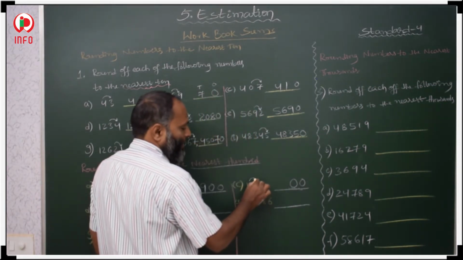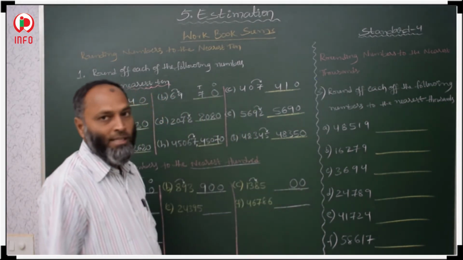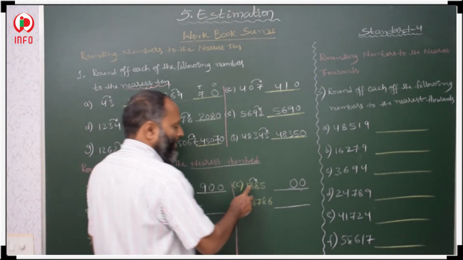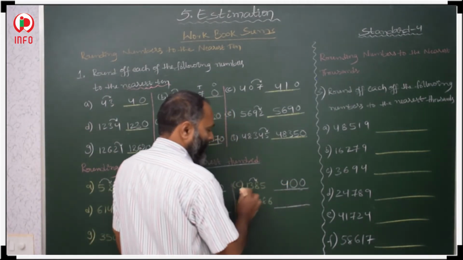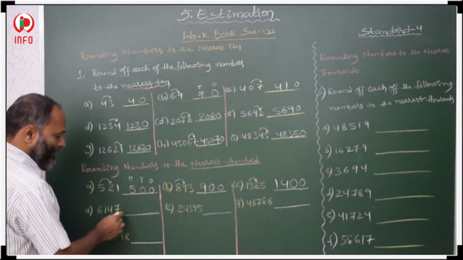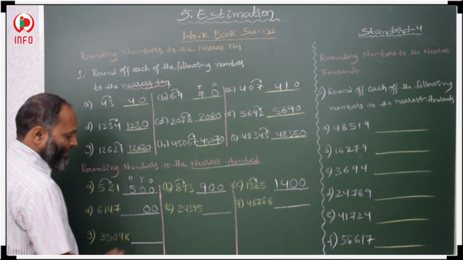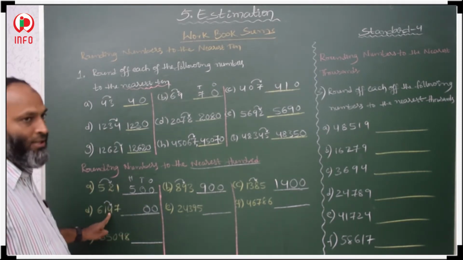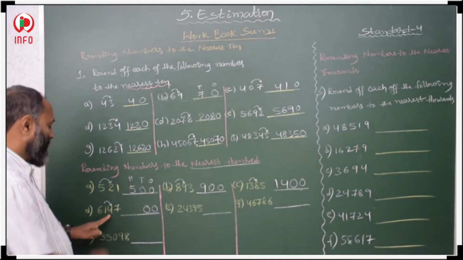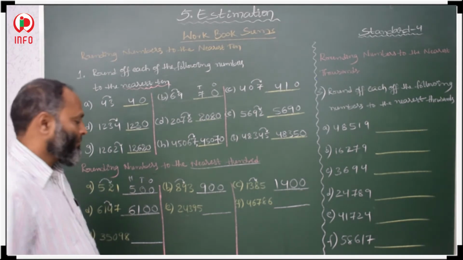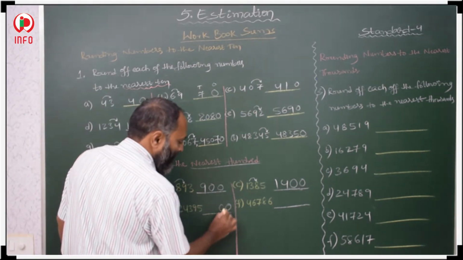Then we check what is there in the tens place: 8. It is greater than 5, so here we will get 4, and the thousands place stays the same. Then two zeros in the ones and tens places. After that, what is in the tens place? 4. It is less than 5, so 1 stays as it is. Then the 10,000 place is the same, and the ones and tens places are 0.